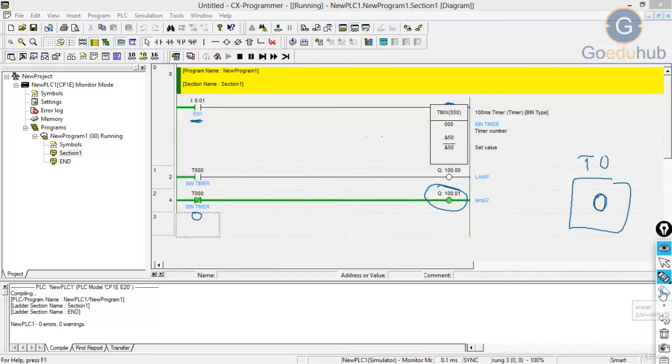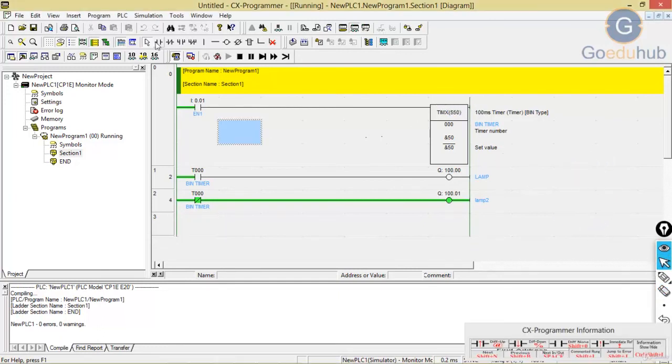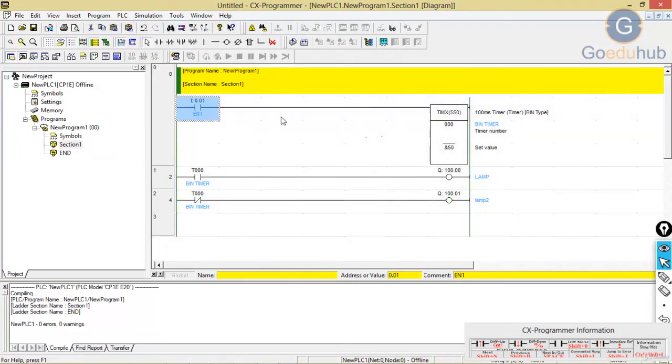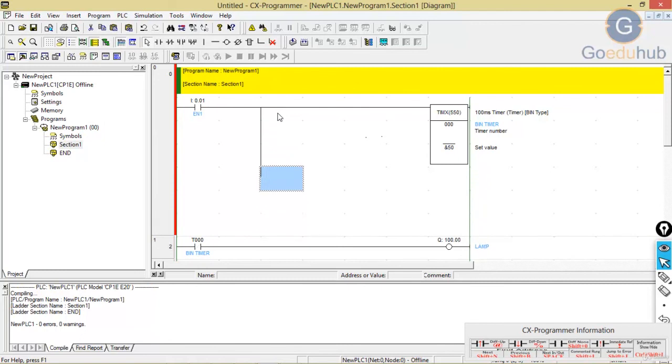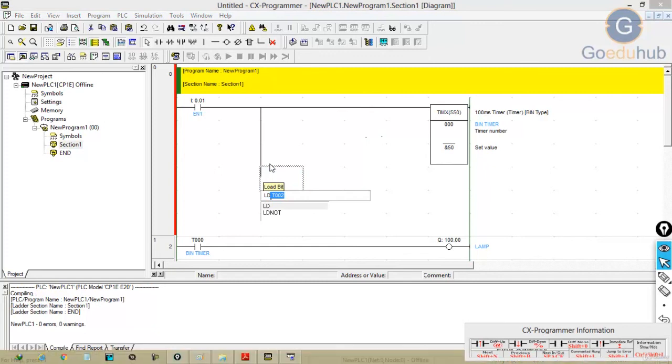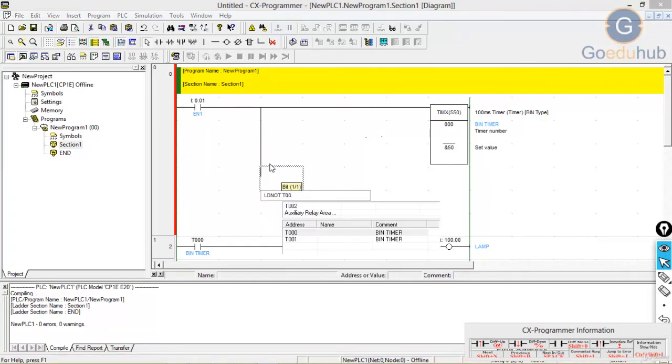Now, instead of doing this, first exit from simulation. Instead, just give a parallel connection to your timer. Here give LT node T0.